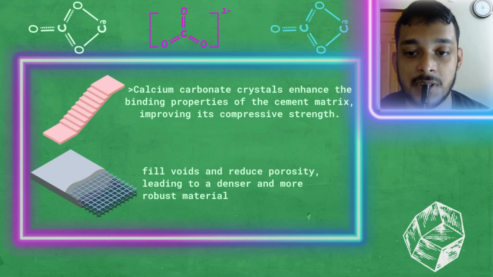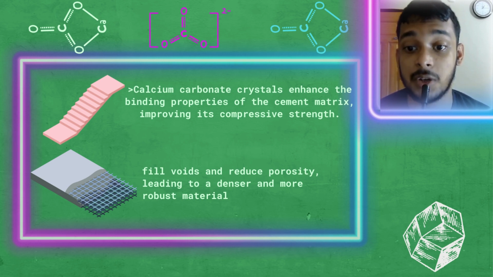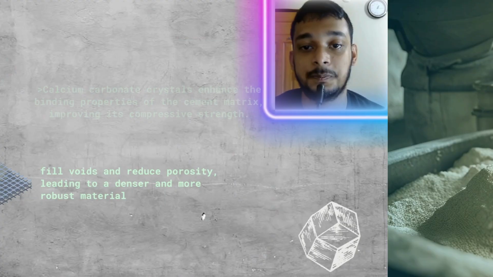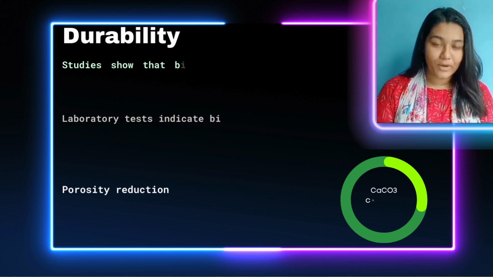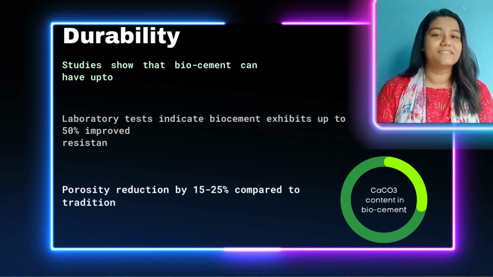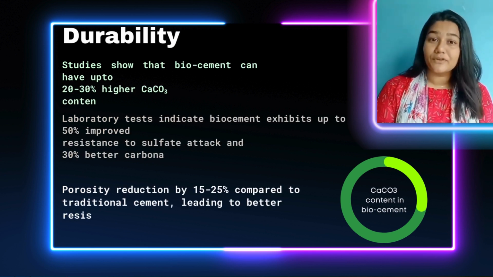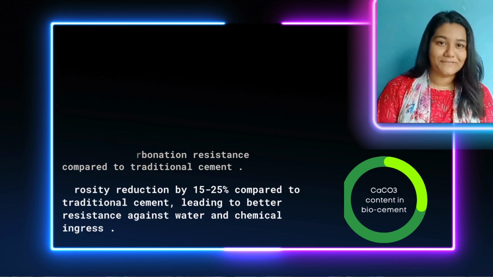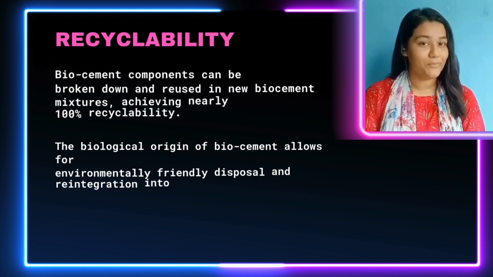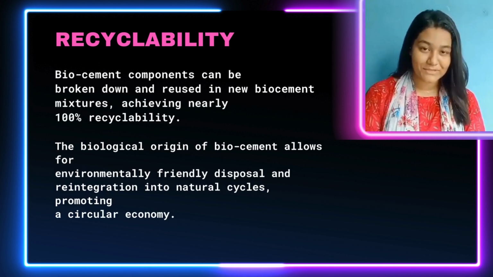Calcium carbonate crystals enhance the binding properties of the cement matrix and reduce porosity, leading to a denser and more robust material. Durability is another area where biocement excels. Biocement, with its dense and homogeneous structure, shows up to 50% better resistance to sulfate attack and 30% better resistance to carbonation. Biocement components can be broken down and reused with the new biocement mixtures, which is a proof of